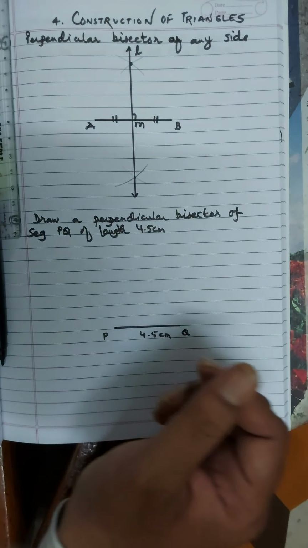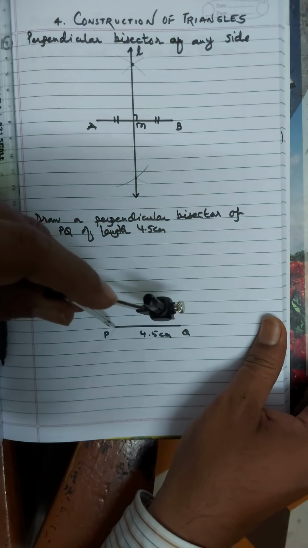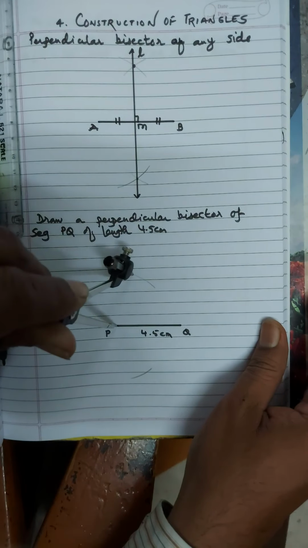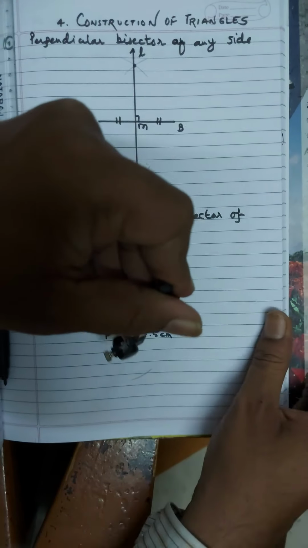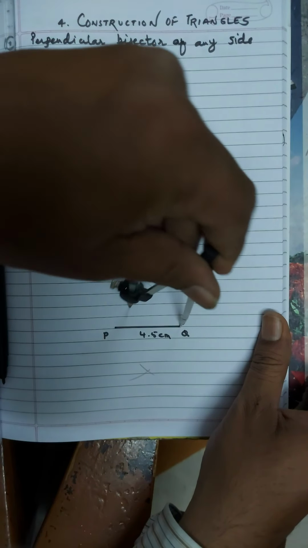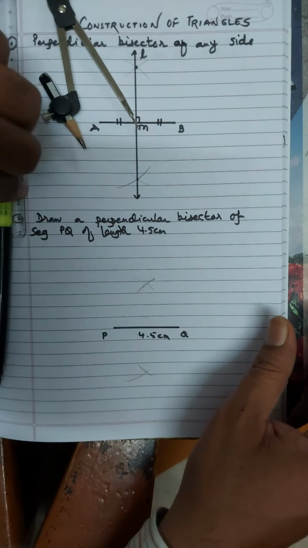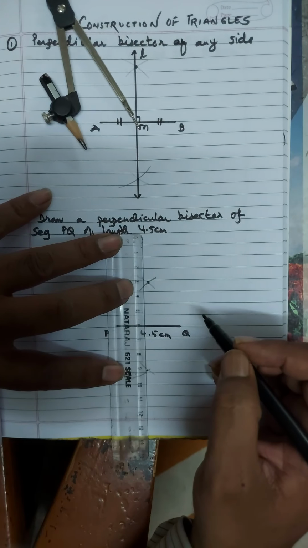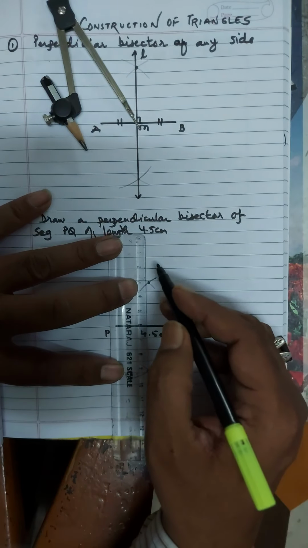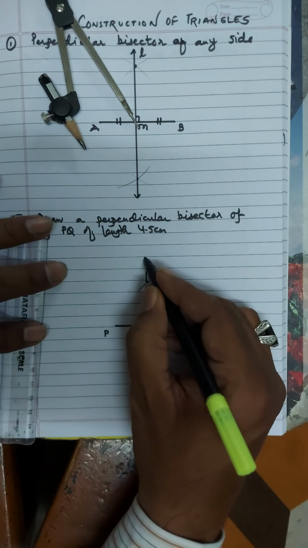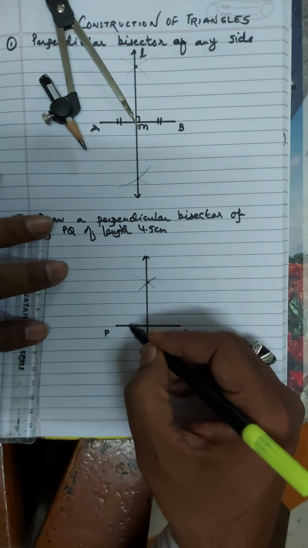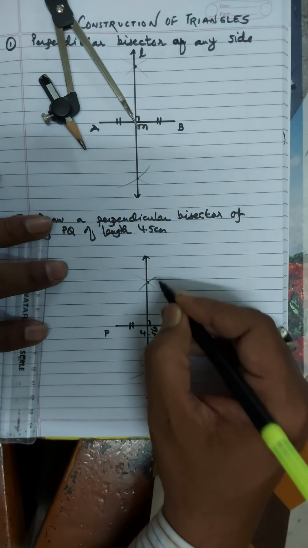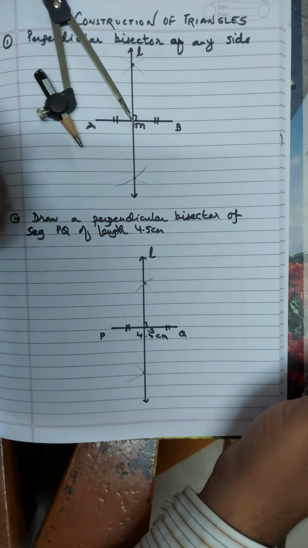Then our rule: take more than half to draw a perpendicular bisector. So this is suppose more than half. We need to draw an arc here. On the other side, at point Q also, we need to intersect both the arcs. So we got the intersection points here. Then we need to draw a line. So you will get a perpendicular line on the side PQ. This is an equal part, and this is 90 degrees. We can give any name, PQS, and this is line L. So this is also very simple, very easy.